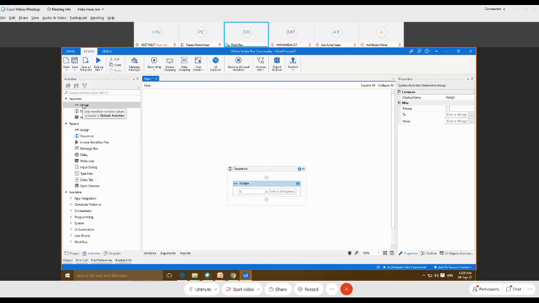Okay, so this is our first workflow. Now what I will do, instead of this first argument that has the In direction, I'm going to change the type of this argument to In and Out. That means it will pass the data inside the first workflow as well as outside of the first workflow to another workflow.